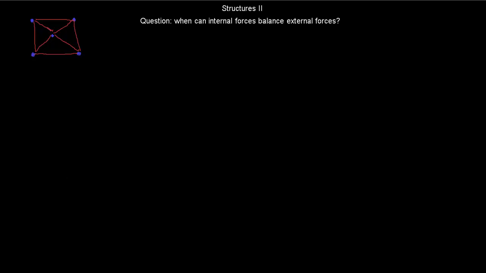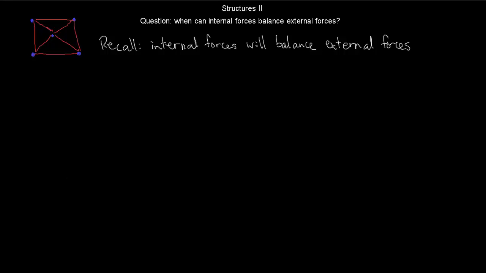Welcome back to Structures Volume 2. So the question now is, if I have one of these structures made of bars and nodes, when can the internal forces really balance the external forces? Remember that we had some force acting, and it could send this space station, if you like, spinning off into space. So, we remember that the internal forces are supposed to balance the external forces when I have this